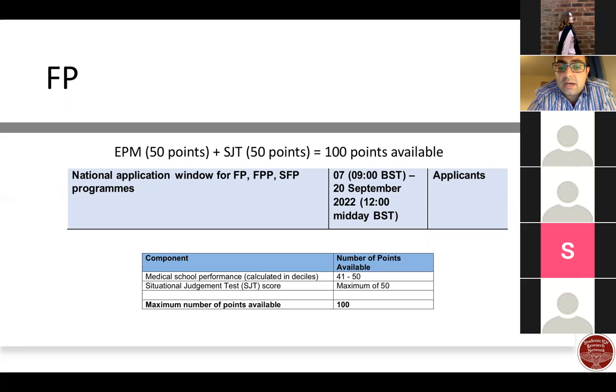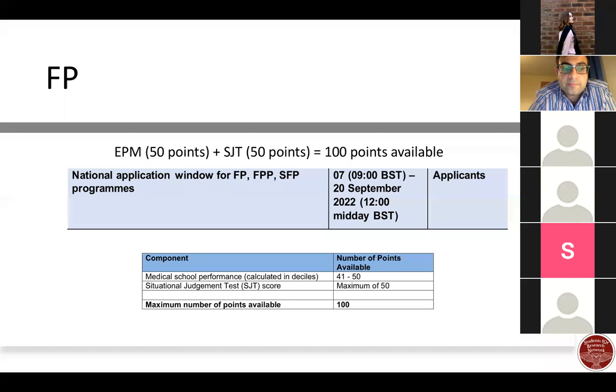For example, some deaneries look at your publications and, based on the order of authorship, they score it. If you're first author, no matter what sort of publication it is, you'll get the highest mark. If you are second author or third author, you won't get much marks. Some of the academic units of application look at your number of publications, and the more publications you have, the more score they give you, no matter if you're first author, second author, or last author. So they don't care. Some academic units consider some awards as eligible for points, and some may not. So you need to check that with your